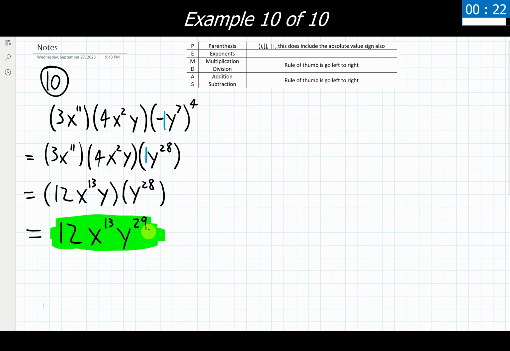Again, it should be noted, as we see here, I cannot go into multiplying these things first. I have to deal with any exponents that are outside of these sets of parentheses before I can actually multiply the sets of parentheses together. That's PEMDAS, that's our order of operations. We must follow that as we are going through and simplifying these types of expressions down.